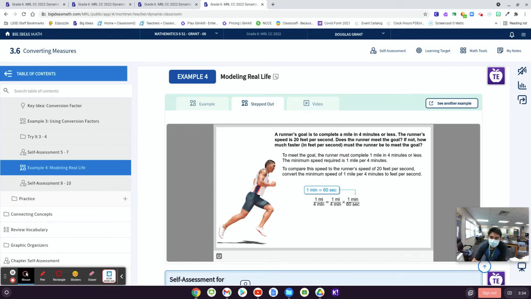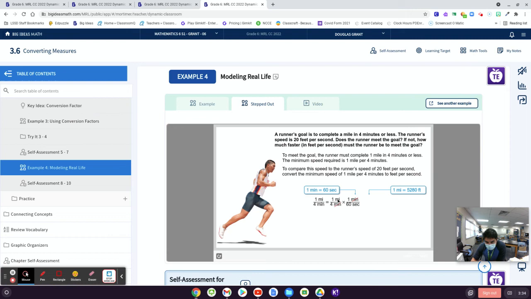Again, as mentioned in the previous example, you cannot multiply this by 60 seconds over 1 minute. Those two things, while they are actually the same, you can't do that because then the minutes won't cancel out. Here they do. Here the minutes cancel out because you have minutes down here and minutes up here, and that's how things cancel out in fractions. If you have the same thing in the denominator and the numerator, they will cancel out. So we're left with